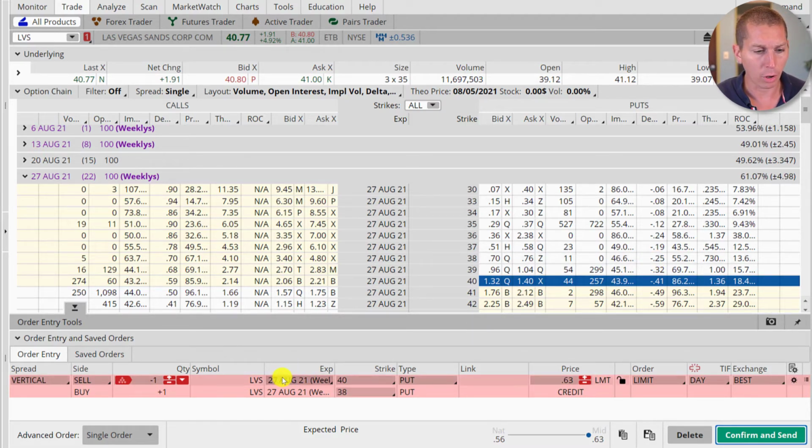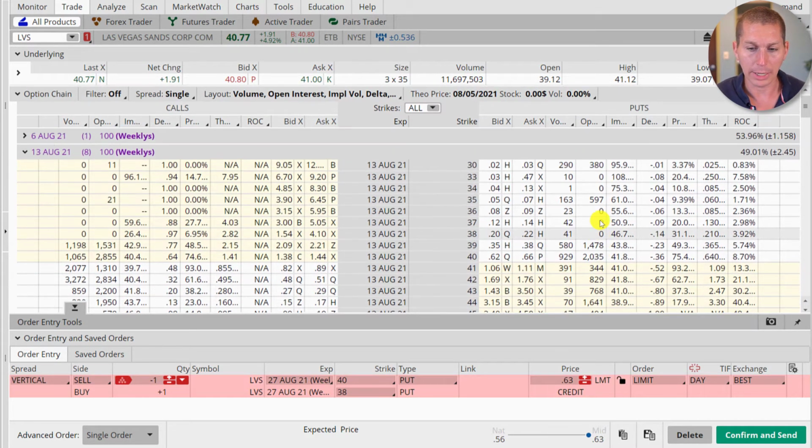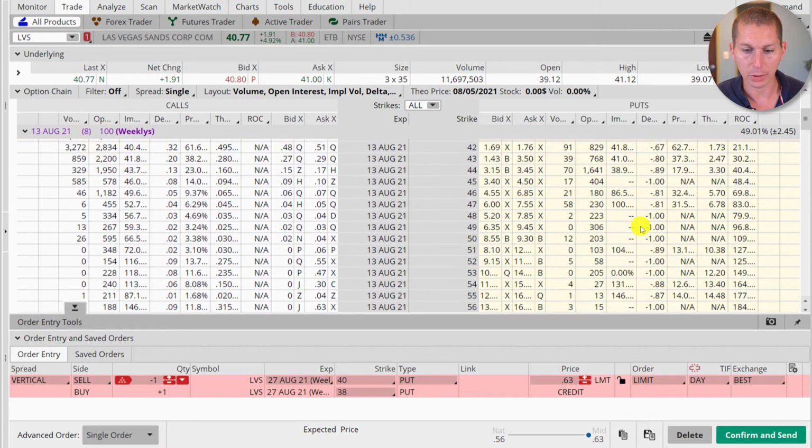Now, there's all kinds of different ways to do this. It doesn't have to be necessarily a put spread. And when I walk through things with you, my stuff is a little bit more strategic. If I took on a position here, if I saw something tomorrow, what I would be looking for is I would actually probably try to sell something in the August contract. So instead of selling this